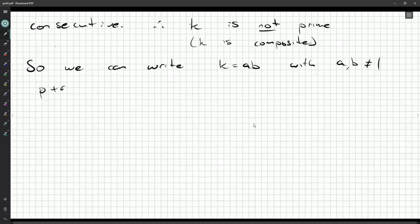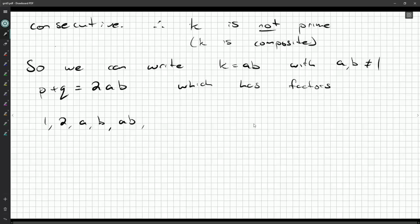So P plus Q is equal to 2AB, which has factors 1, 2, A, B, AB, 2AB. Now that's 6 factors, but how do we know that A and B aren't the same? And how do we know A isn't 2 or things like that? So